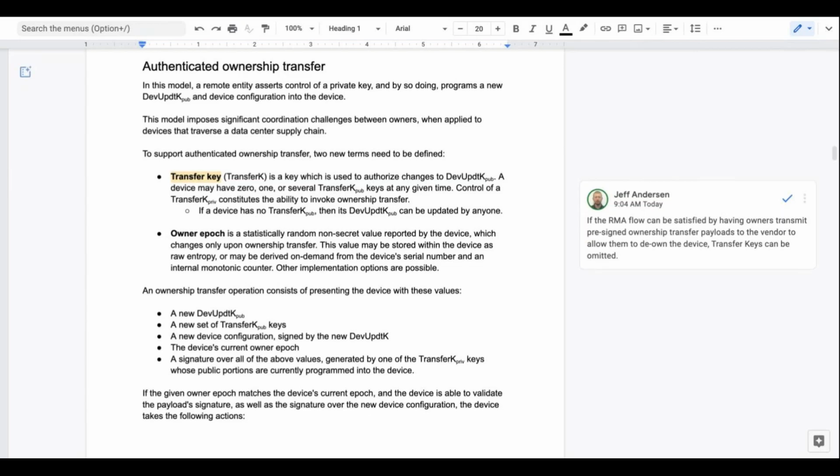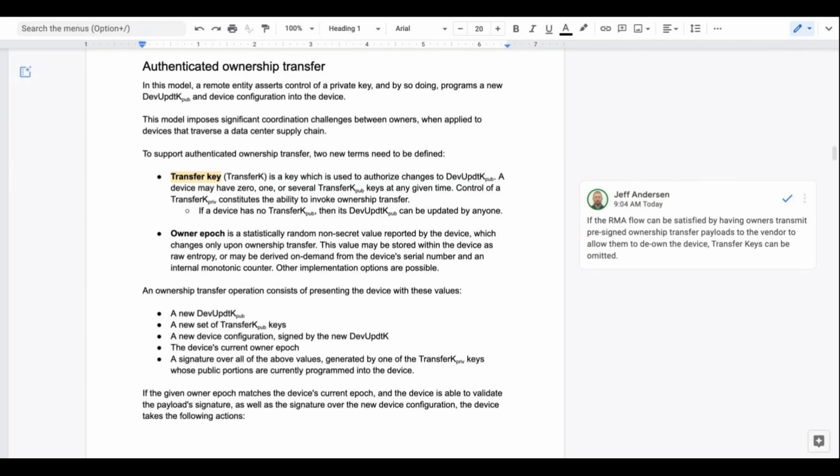So why do you need to have several transfer keys? If you want to transfer the device to a specific owner, why do you need to provision multiple? In general, you have to authorize only one transfer, right? Yeah, I'm imagining different trust boundaries. Maybe some devices are in a high security area and we want to store their transfer keys in some kind of offline HSM, because we can tolerate that pain. The security trade is worth it. Maybe other devices are in a less high value environment and we can store their transfer keys online, as a hypothetical scenario.